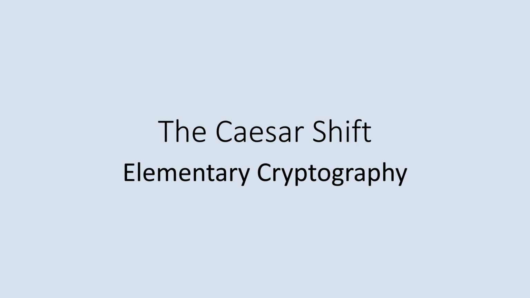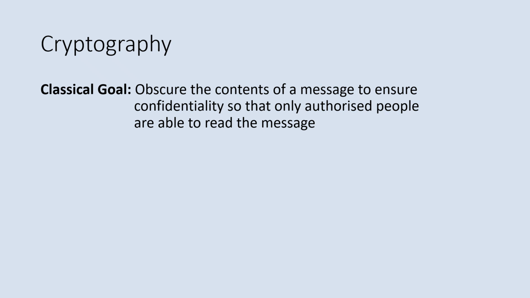So we're going to take a look today at the Caesar shift and some other elements of elementary cryptography. The classical sense of cryptography, the classical goal, is to obscure the contents of a message so that only people who are supposed to be able to read the message can read it. This idea of confidentiality, so that only certain people who have inside knowledge are the ones who are allowed